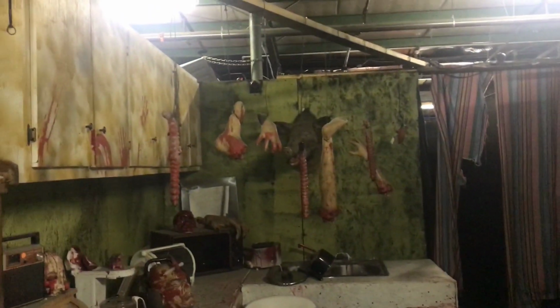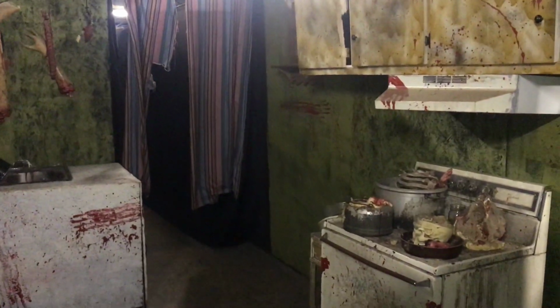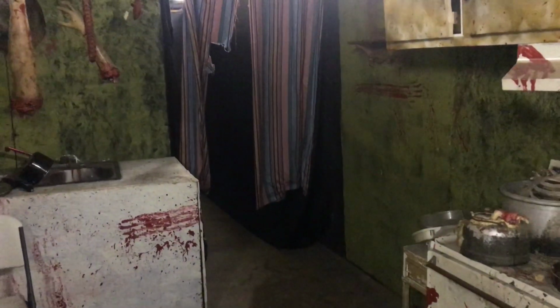Next was our Leatherface room. Let me close this real quick so I can give you the full effect. Our Leatherface room, so I did the kitchen. So this is a pretty neat room. I had a guy dressed as Leatherface, and I've even got a door here. And he would sit behind the door right here, and then this next room is our